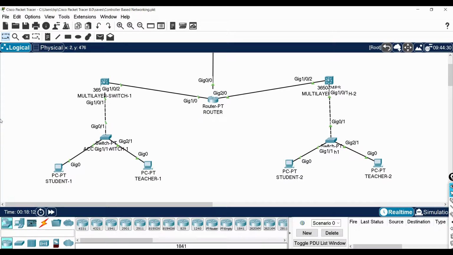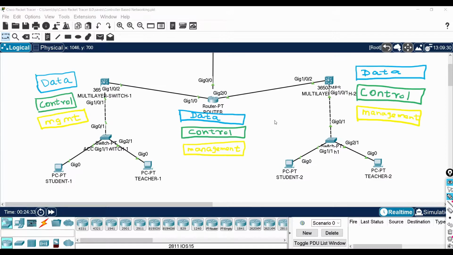To understand what controller based networking or software defined networking is, you have to know the planes and their operation in every network device. Let me explain that. Just take layer 3 devices. It may be any device, multi-layer switch, router, or any device.